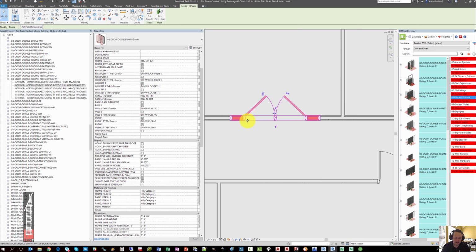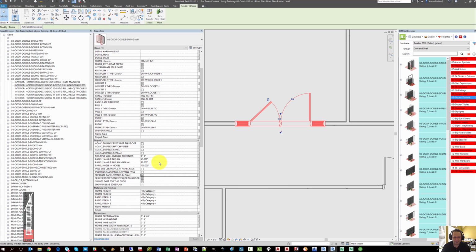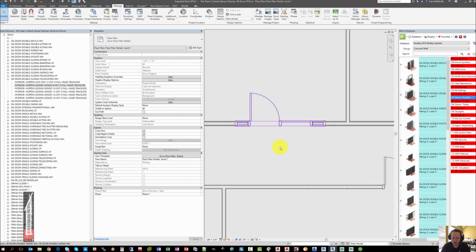unless you have a distinct need to make the panels separate, at which point there is a parameter called separate panel swings in plan. Checking that box will now allow the two panels to act independently. This is especially handy if you have a double door that's getting installed where one door is getting locked for some reason. In that case, you can set panel 1 to 90, you can set panel 2 to 0, and it will show